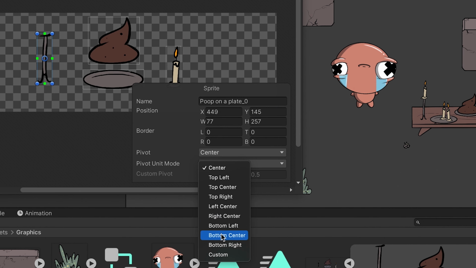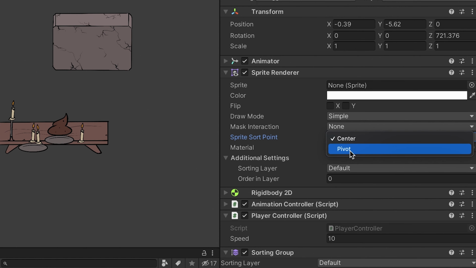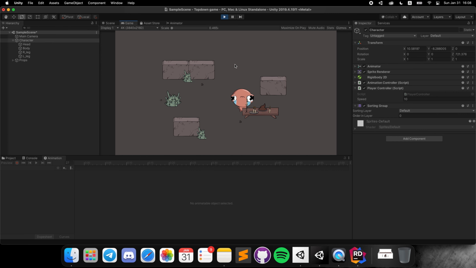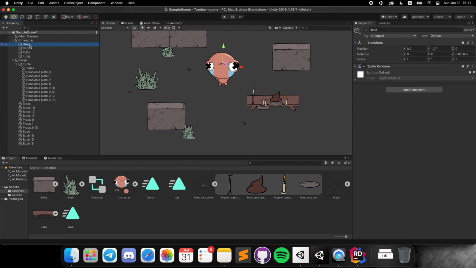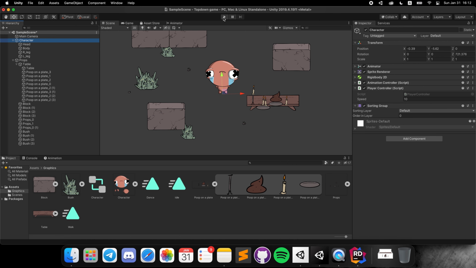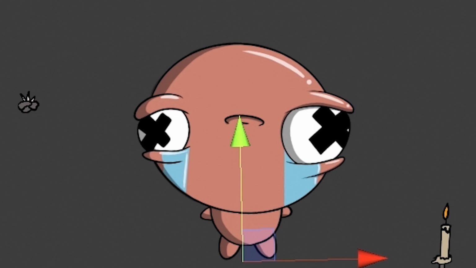Okay, let's set the pivot point to the bottom and make them think in terms of pivot points, not their centers, right? What the fuck is that? Oh, and don't forget that we need to move all of the character sprites so that this piece of shit stands on the game object's pivot point, because there's just no other way to set a pivot point of a complex character otherwise. That's why you shoved those sprites into one more game object inside a game object in the